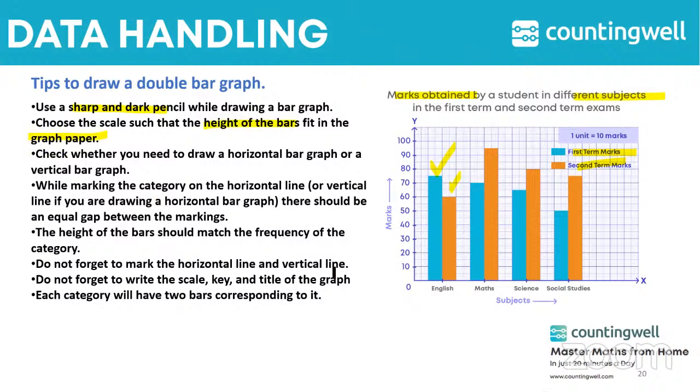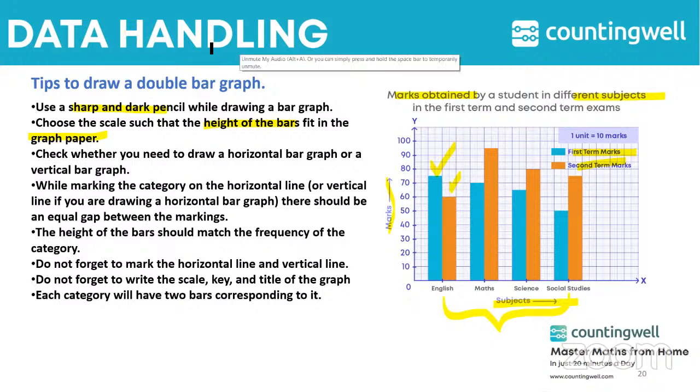You need to check whether there are many categories, so you have to take it on y-axis. You have to mark category always on horizontal line and mark the frequency on vertical line in case of horizontal bar graph, and in case of vertical bar graph you have to take vice versa. Then height of the bars